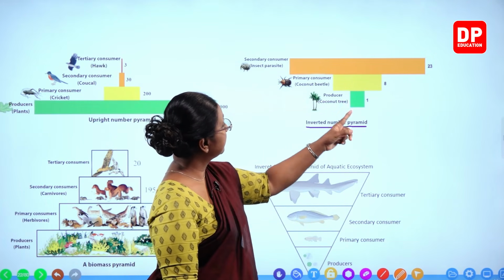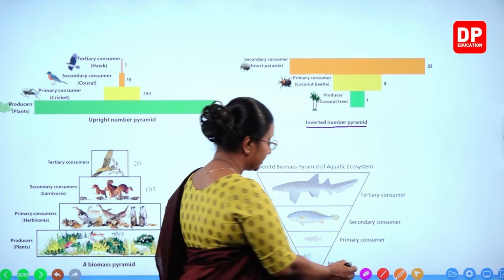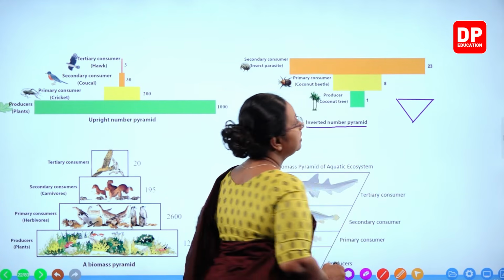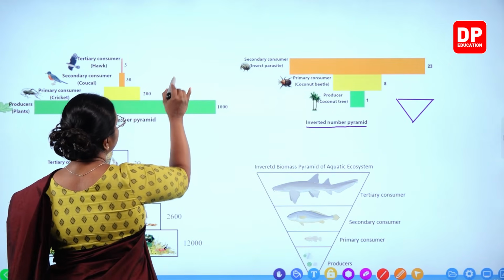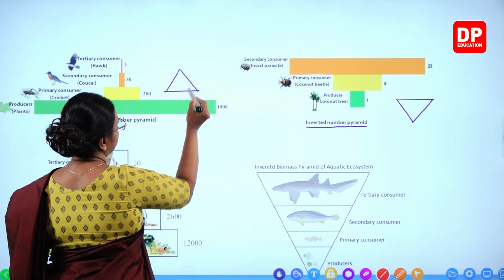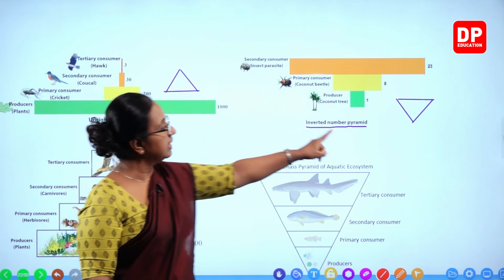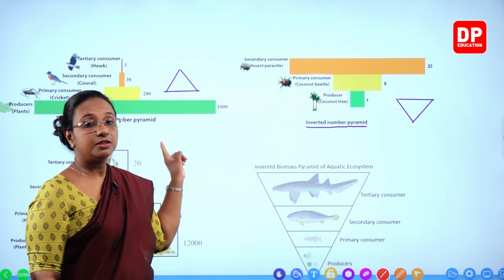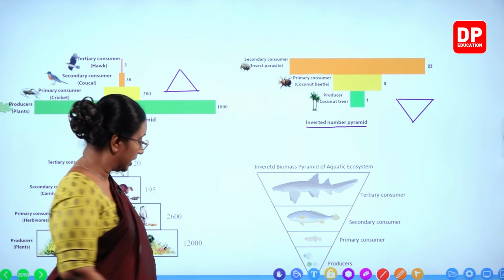So here you can see the shape is inverted. Now this is a shape like that, an inverted pyramid, whereas we had this normal shape here. So upright pyramid, and that is an inverted number pyramid. Both are related to the number of organisms. Then,